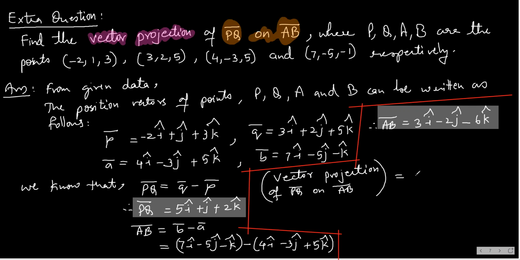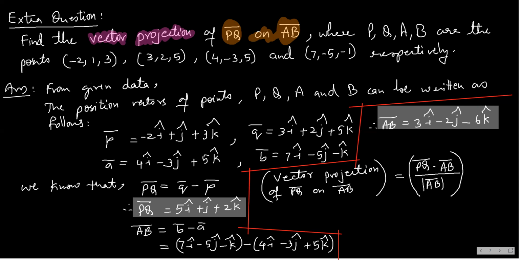First, you write the scalar projection on AB bar, so mod AB bar, and here what you will write? PQ bar, that is the dot product of both the vectors. Dot product of these two vectors, PQ bar dot AB bar, you write in the numerator. Remember students, if they had asked me only the projection or scalar projection, I would have calculated only this much.